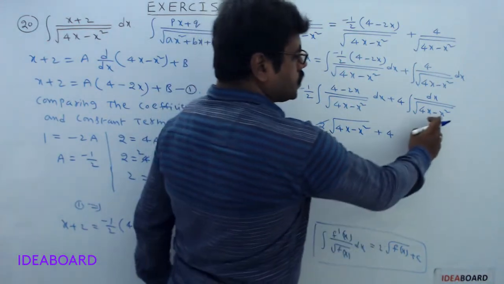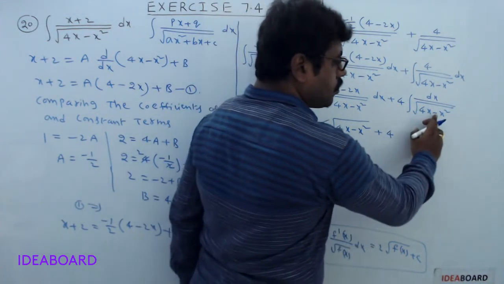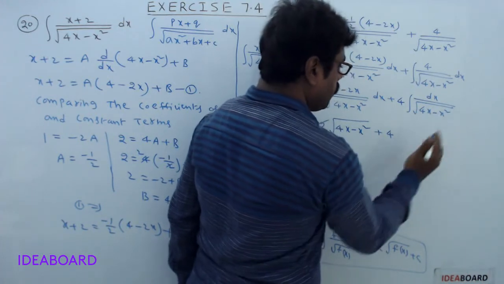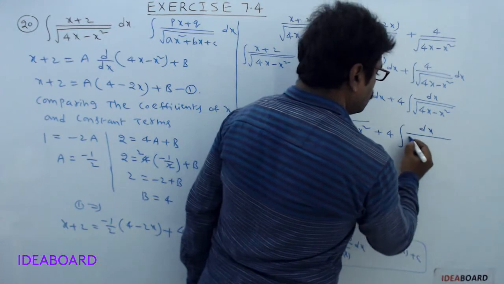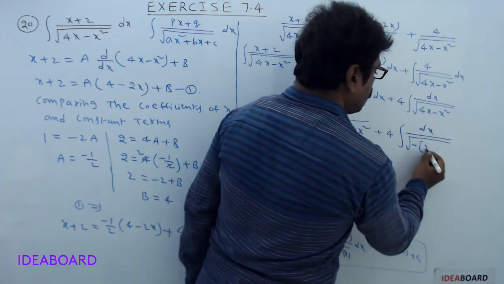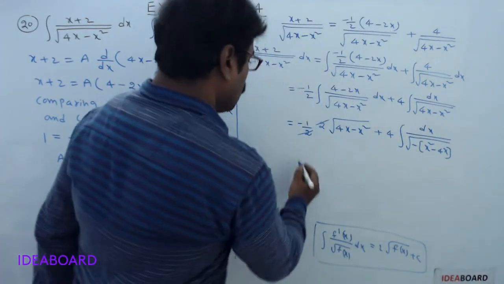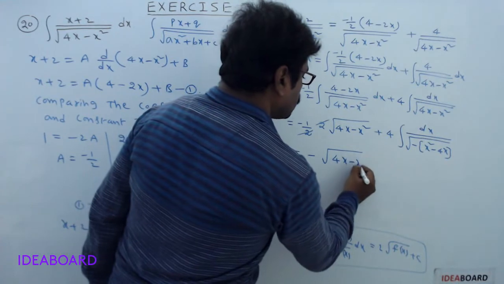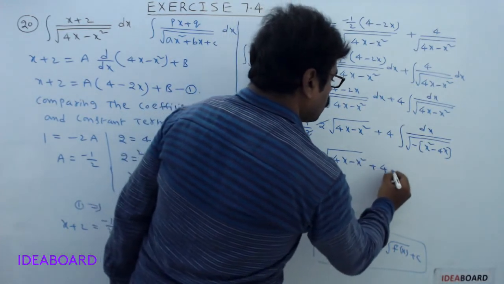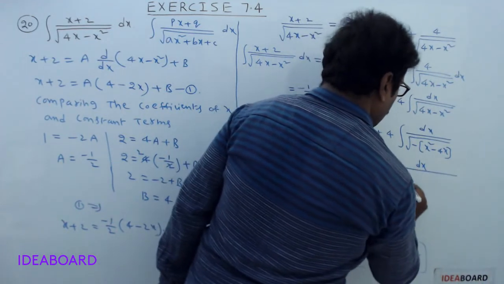So here x square coefficient is minus 1. First you take minus 1 common factor from these two terms. This is integral dx divided by square root of minus of x square minus 4x. Now this is equal to minus square root of 4x minus x square plus 4 into integral dx divided by